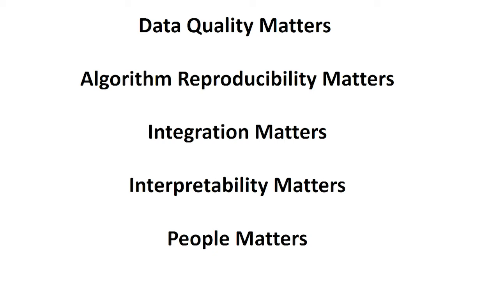Number 1, data quality matters. Garbage in, garbage out. Everyone knows that, but right now we're talking about the reality. In reality, we will never get perfect, clean, accurate data. So that's why we have many challenges when thinking about AI. How do we design experiments? Number 2, if we're talking about deep learning, we need a large amount of data. Then, when we need a large amount of data, how do we deal with the silos where data is being collected? They're not standardized in the same format.